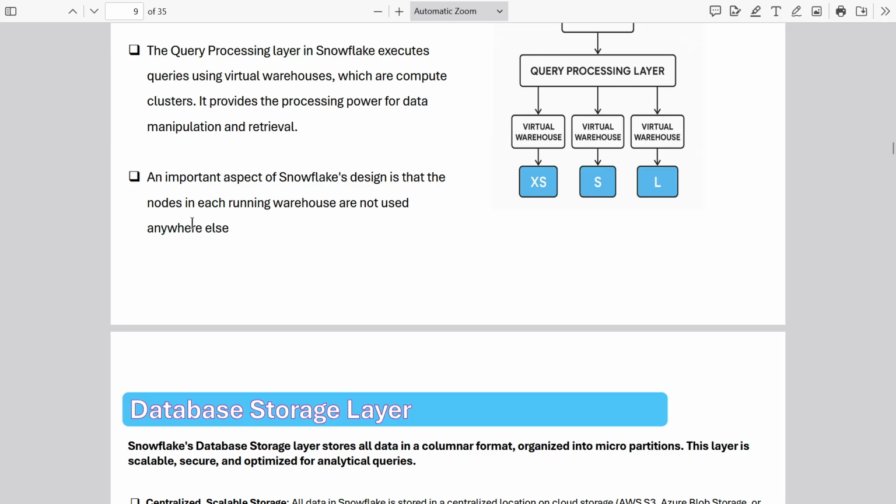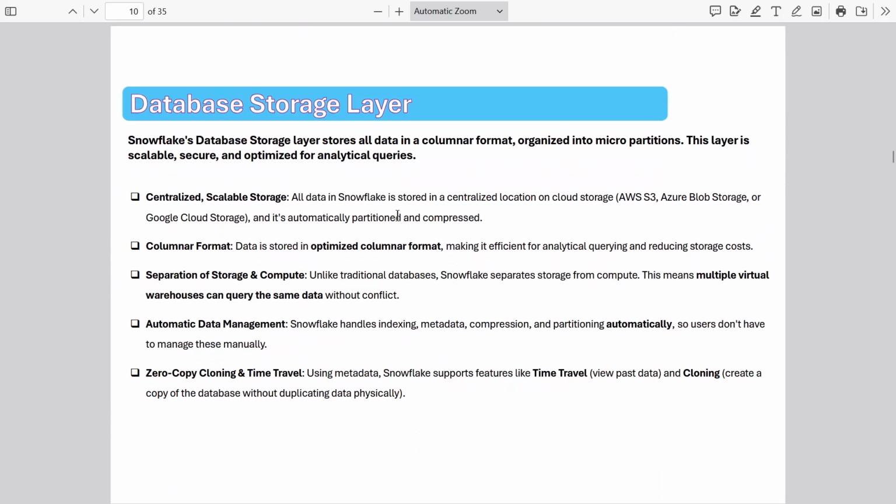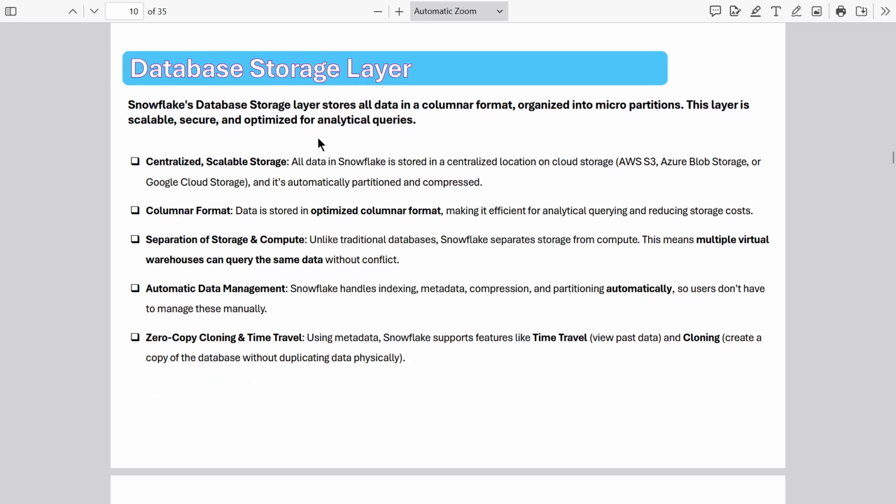So that is the thing, the nodes that are running the warehouse are not used anywhere else. Now coming to this point, the database storage layer. A Snowflake database storage layer stores all data in columnar format. In traditional databases, the storage was in row format, but in Snowflake database storage, all the data is stored in columnar format, organized into micro partitions, and this layer is scalable, secure, and optimized for analytical